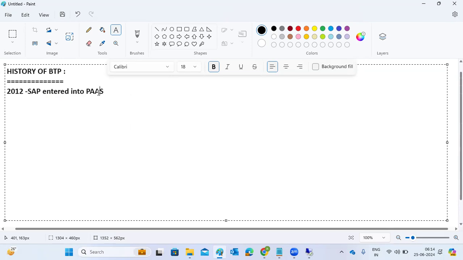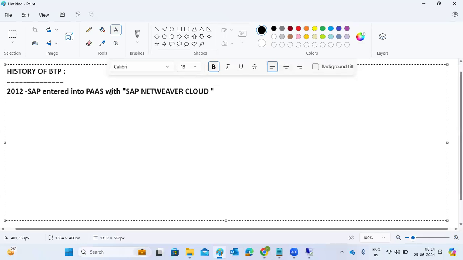In 2012 itself, SAP entered into the PaaS market. So with which product did they enter? SAP NetWeaver Cloud. They entered into the PaaS market with SAP NetWeaver Cloud here.